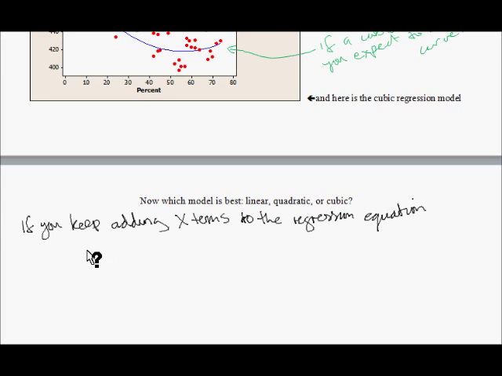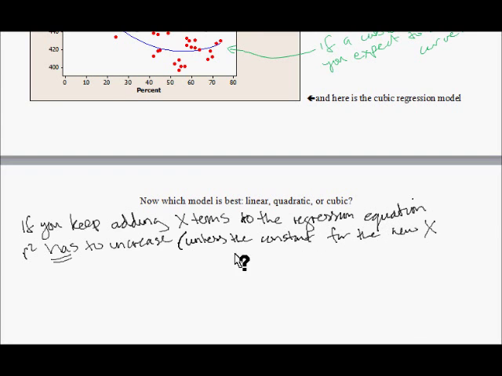So if you keep adding x terms to the regression equation, r squared has to increase. Because if the new x term isn't useful, its coefficient will just be 0. So I guess we'll say unless the coefficient for the new x term, that term's not very good, the new x term